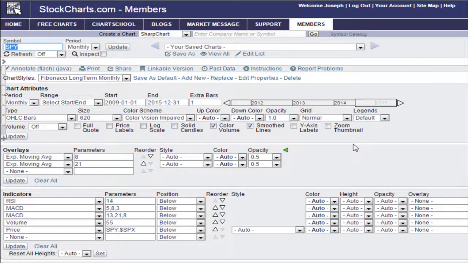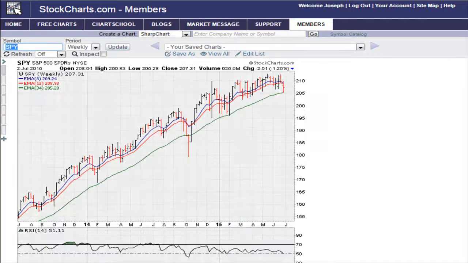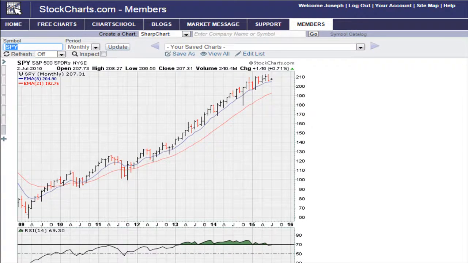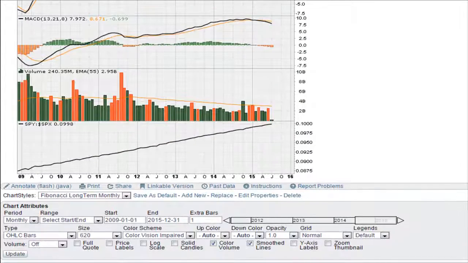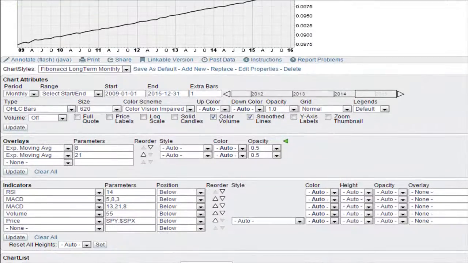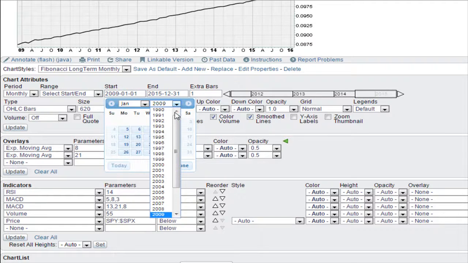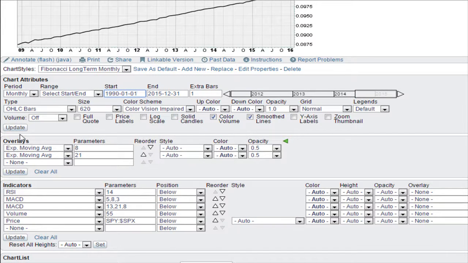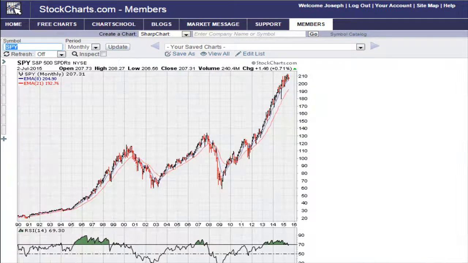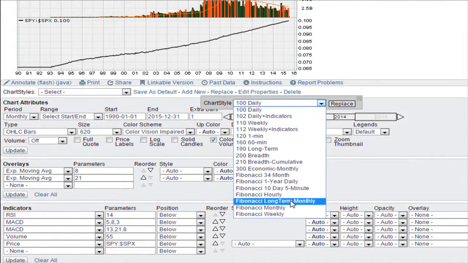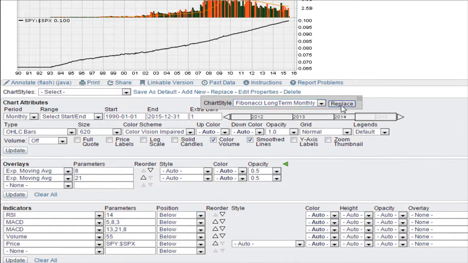Click on this option, click replace, and now let's say you go back to the default and you decide you want to look at the long-term monthly view, and this time it's only from 2009, and that's what you get because you replaced it. If I want to go back, it's very simple to change where it starts. I'll just come here as an example and change the start date, go back to 1990 January, update that, and then I'm going to click on my replace, change the long-term monthly view, click on replace,